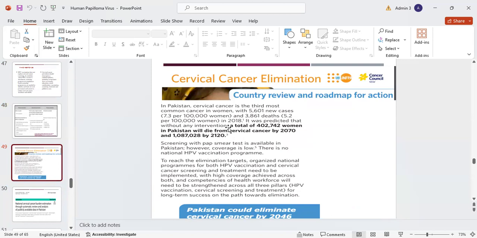Cervical cancer elimination country review and roadmap for action. In Pakistan, cervical cancer is the third most common cancer in women, with 5,601 new cases, 7.3 per 1 lakh women, and 3,861 deaths, 5.2 per 1 lakh women in 2018. It was predicted that without any intervention, a total of 4 lakh 2,742 women in Pakistan will die from cervical cancer by 2070, and